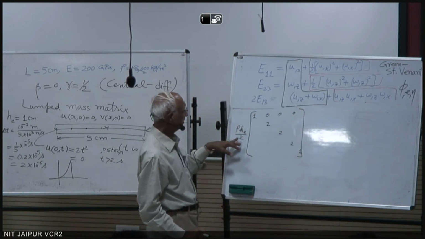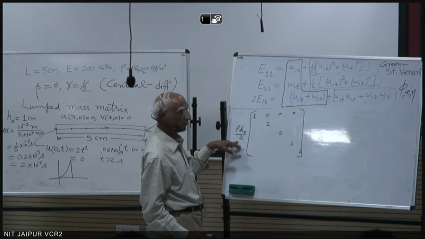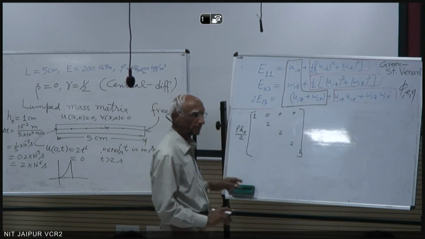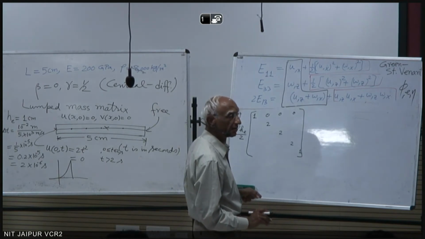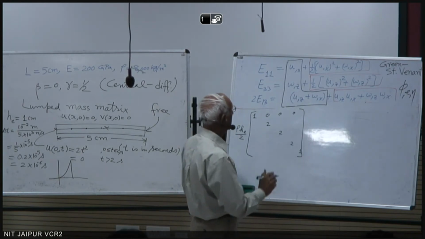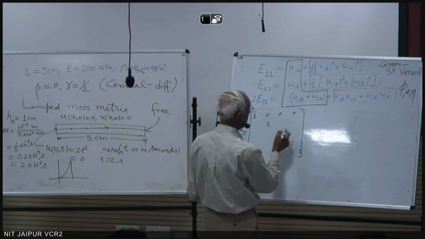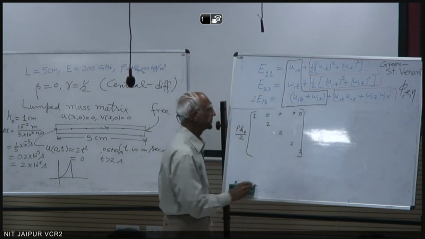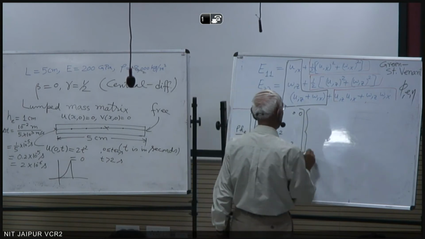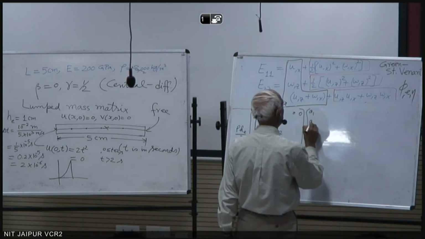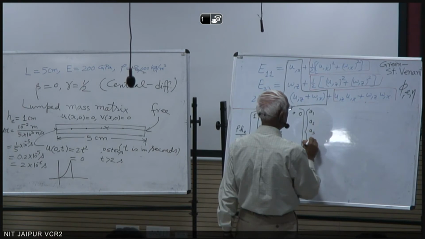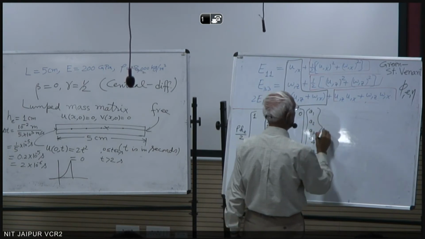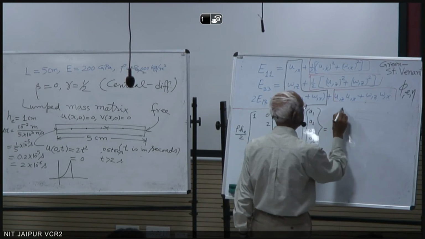Let me see if it is half here or not. There's one more 0. So you have A1, A2, A3, A4, A5. That equals F